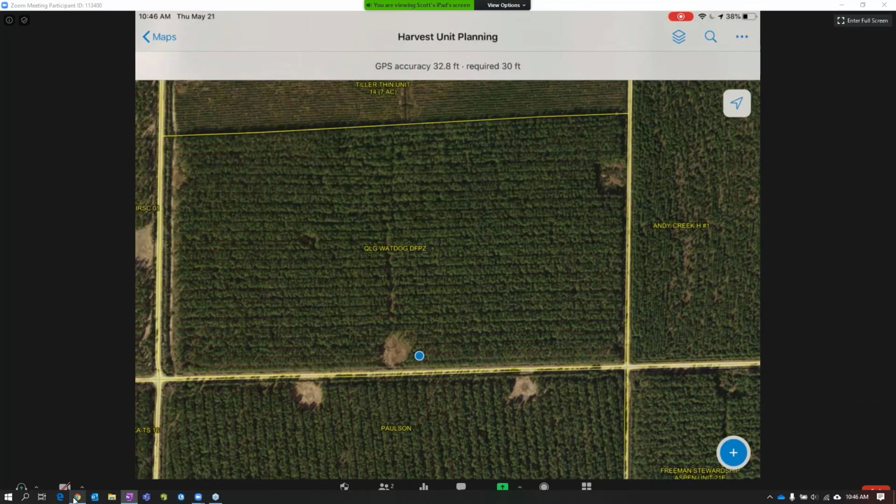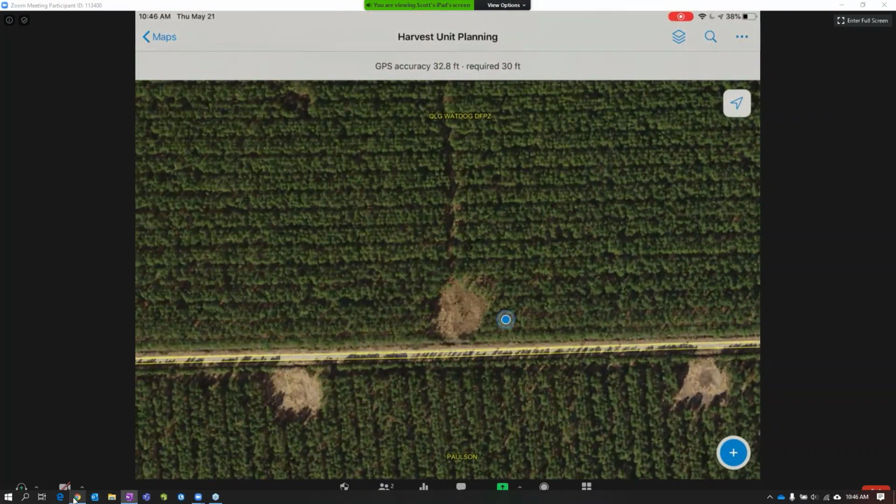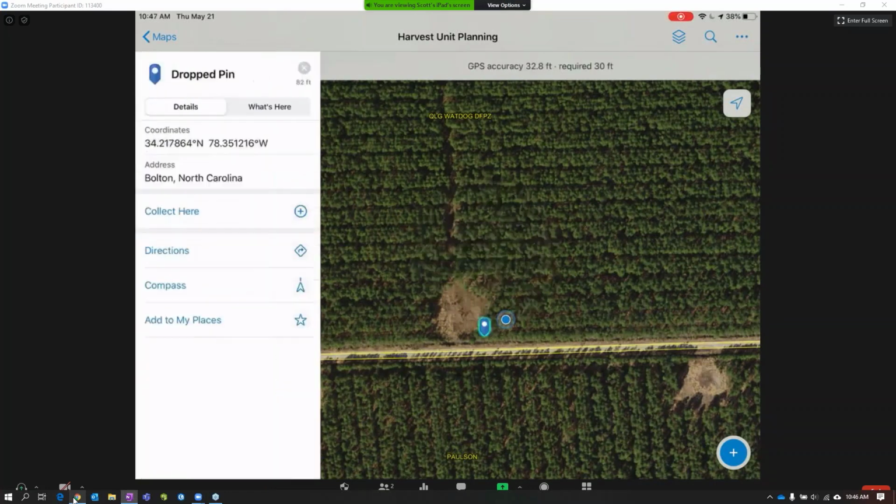That new feature can be collected several different ways. So I can use my current location. We can see up here, I've got a GPS accuracy. Again, this is using just the integrated receiver of my device, but I can pair an external GNSS receiver with this if I need that sub-meter accuracy. And I can use that location to create a point essentially at each location that I go to, and then generate a polygon from there, or draw a polygon here on the map.